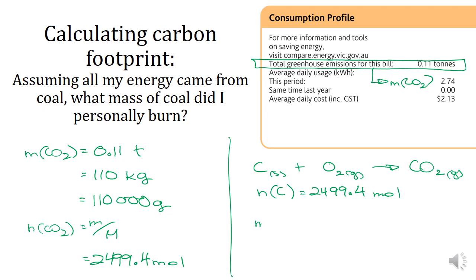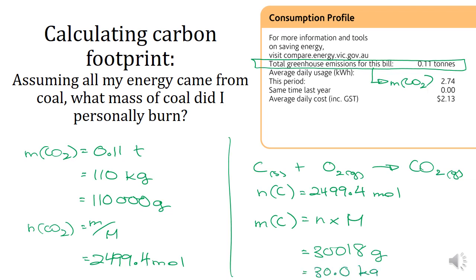Now, to convert that to mass of carbon, it's n times big M, which gives us that number that's already on my calculator times 12.01, which gives us, oh wow, that's quite a large number, 30018 grams,